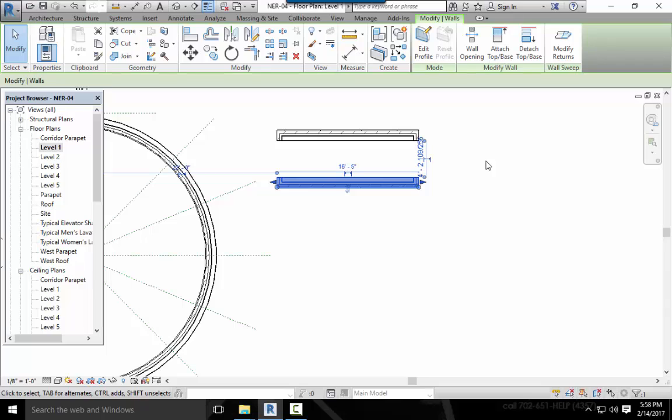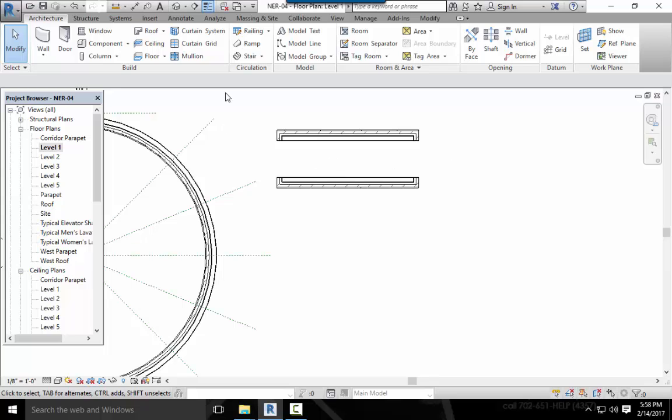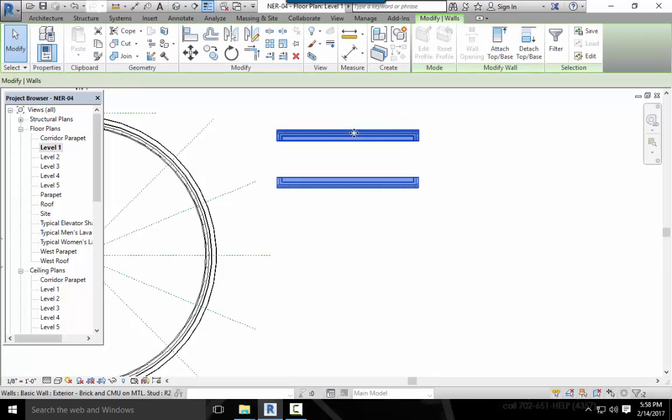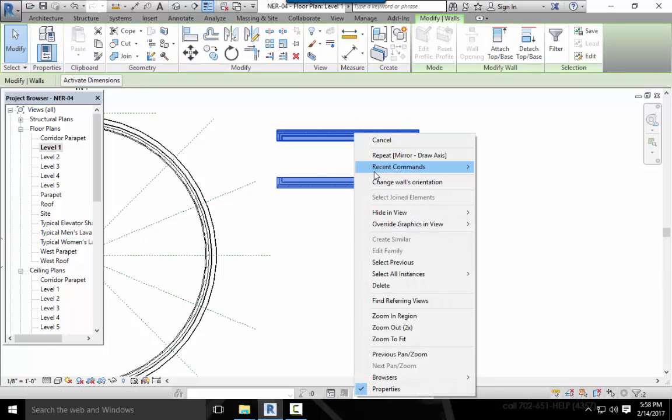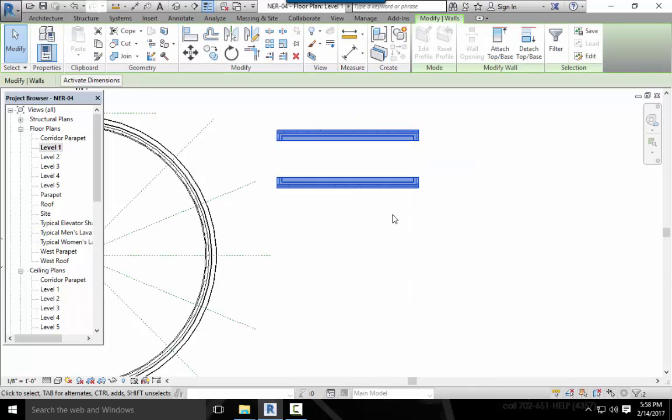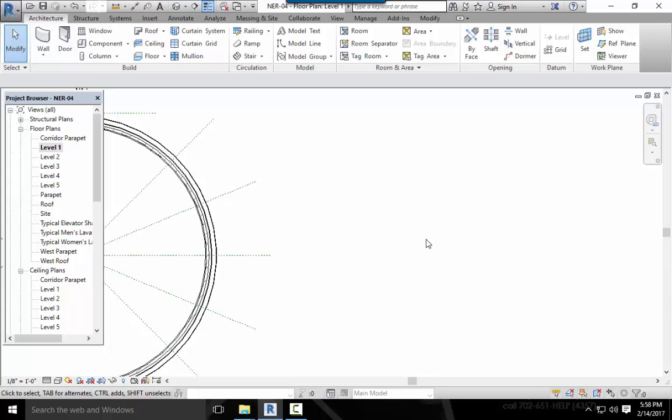Think of it like folding a piece of paper. You all made snowflakes when you were children? It's like that crease in the paper is your mirror plane. So when you don't have something to mirror from, you can easily draw an axis. All right, I'm going to click both of those and erase them. Just by hitting the delete key. And we're going to move on to what I